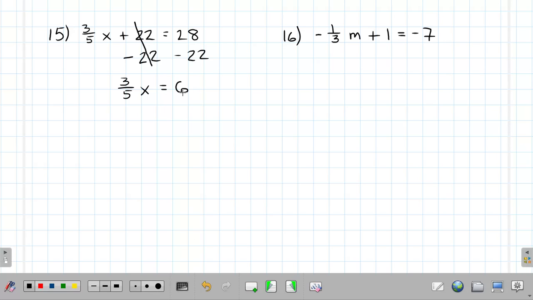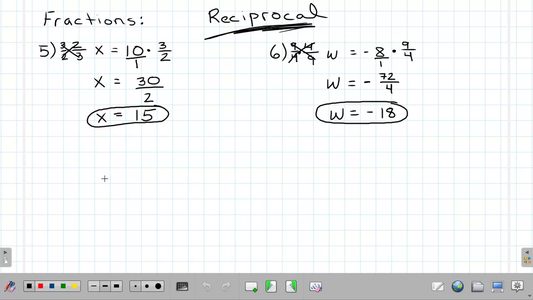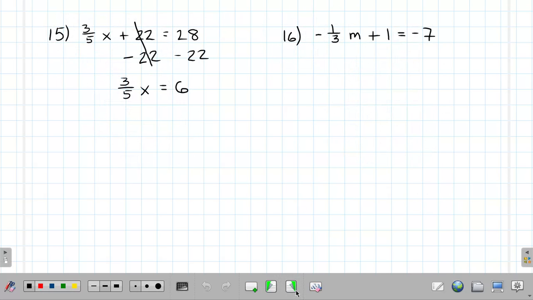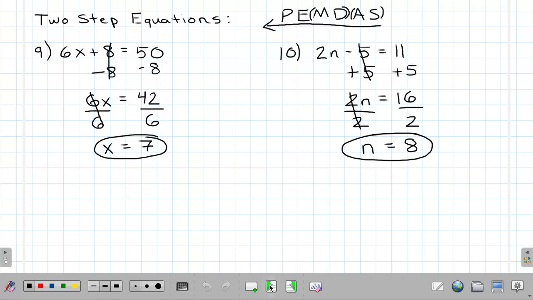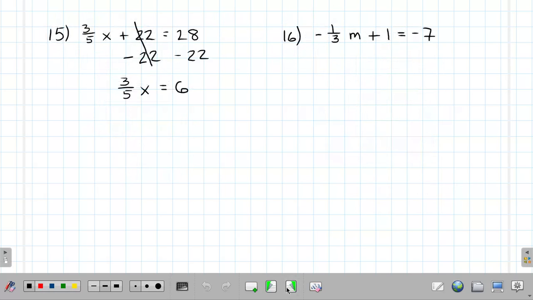Okay. Well, once again, what do we have? This looks exactly like number 5, except instead of 3/5, we have 2/3, and instead of 6, we had 10. But it works the exact same way. We're going to multiply both sides by the reciprocal of 3/5, which is 5/3. So again, the whole point here is those will cancel, giving us 1x is equal to,